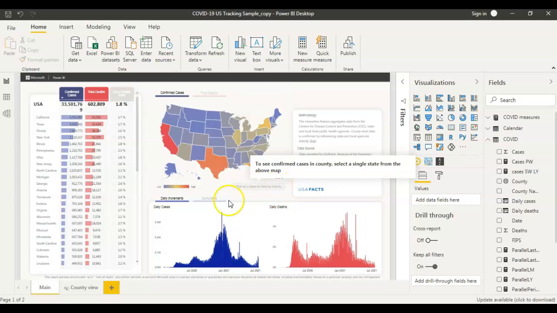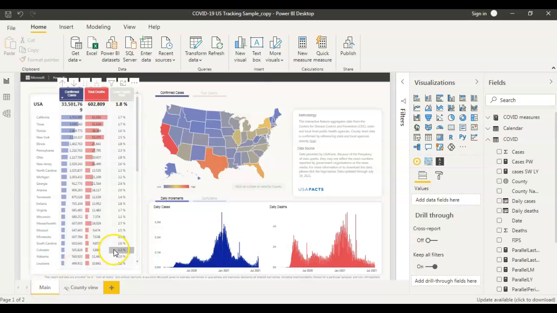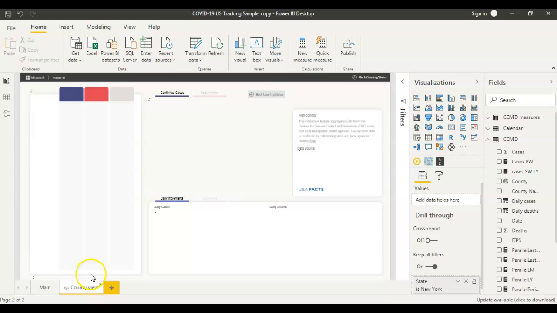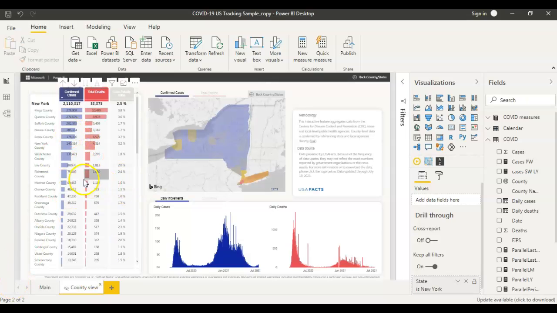If you look at my screen here, this is a sample COVID-19 US tracking report. I got this report from Microsoft site. You can also go there and download it if you want to practice it. And this report has two pages. One is the main page and the other one is county page. So this main page gives you the total details of COVID-19 cases of entire USA, whereas this county view gives the county level details of COVID-19 cases.